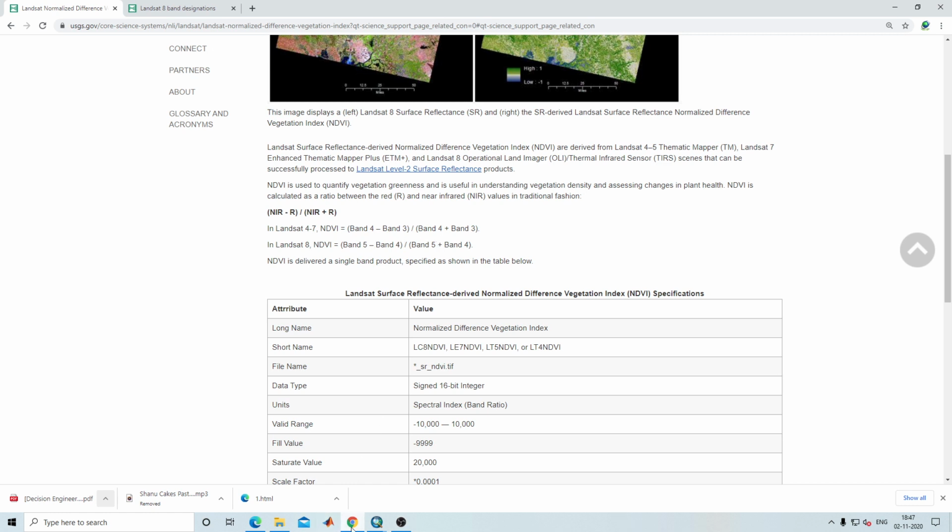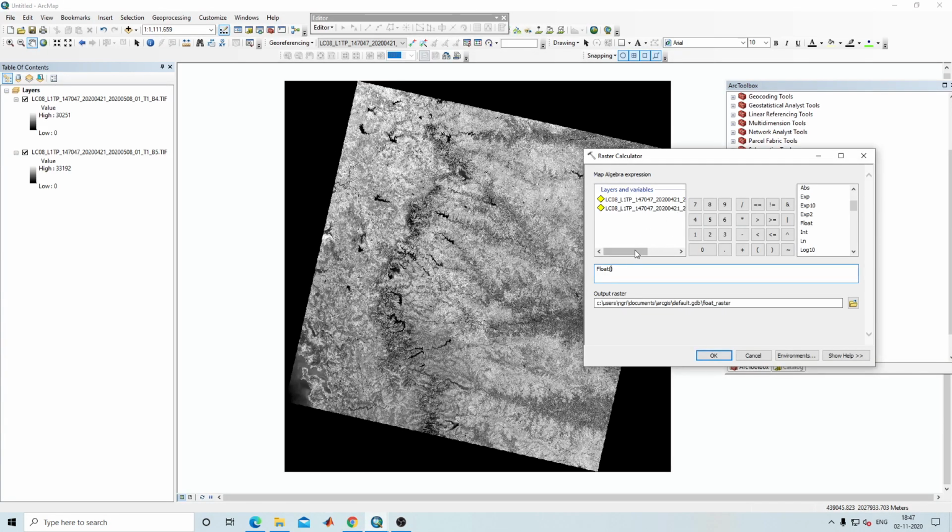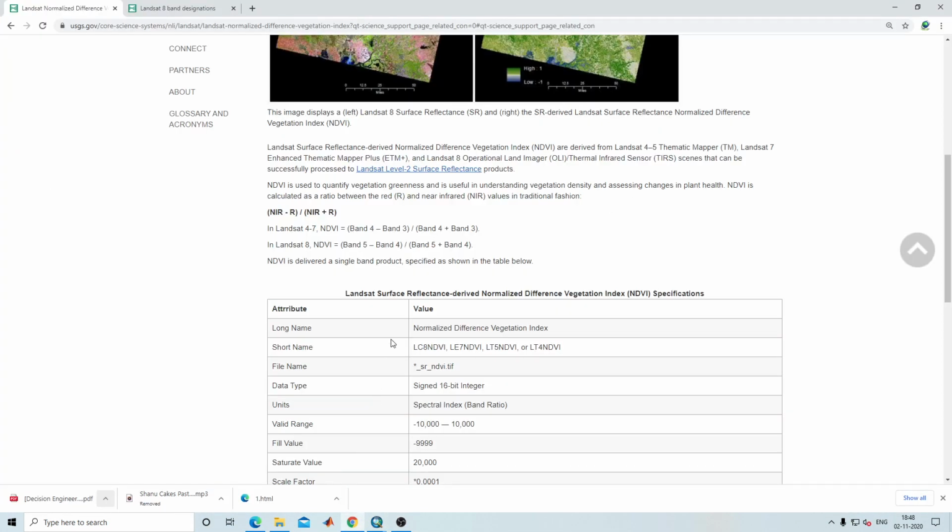So band 5 I will take, and you can see here band 5 minus band 4, divided by, again we'll take Float, then band 5 plus band 4. As I have shown you, band 5 minus band 4 divided by band 5 plus band 4, and we are using Float here.